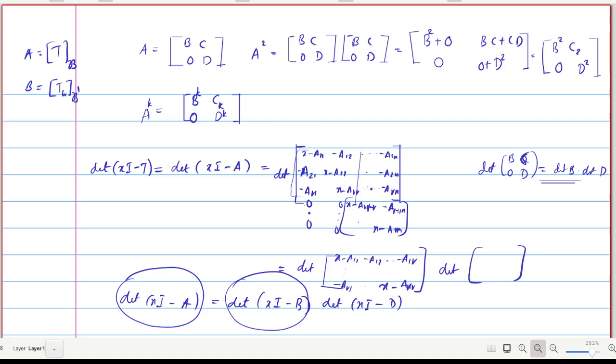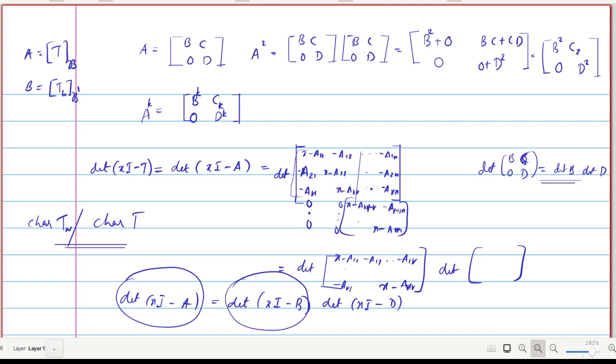So this polynomial is a product of two polynomials. From this you can write that this polynomial divides this, that means the characteristic polynomial of tw divides the characteristic polynomial of t. So this can be stated as a lemma: if w is an invariant subspace of t, the characteristic polynomial for the restriction operator tw divides the characteristic polynomial for t.